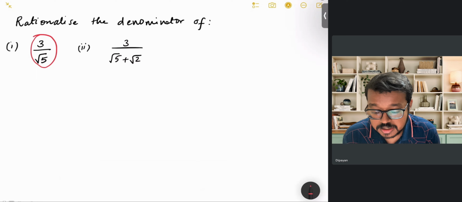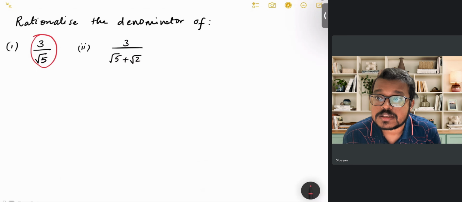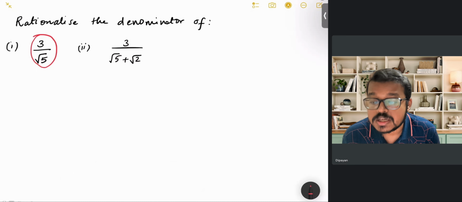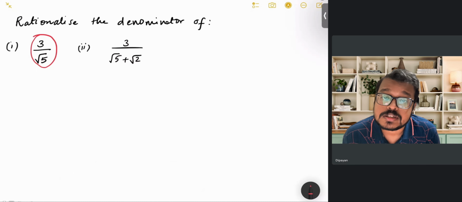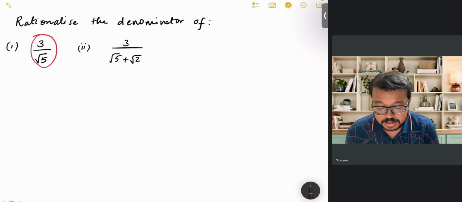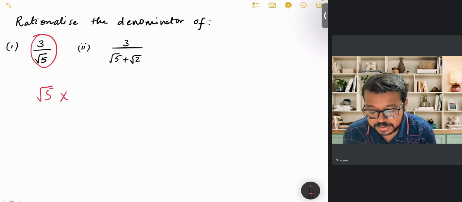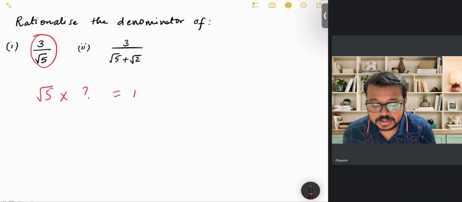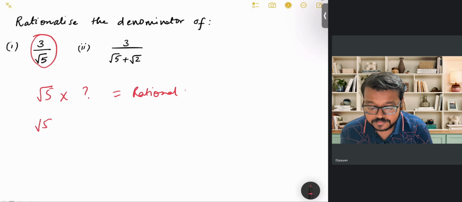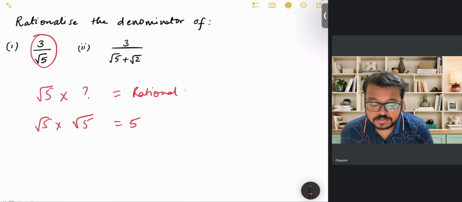denominator is rational. Another important thing that you might have learned is that if we have two irrational numbers, when we multiply two irrational numbers, the result may sometimes be a rational number also. Okay, so for example, think about root 5 multiplied by what number can give me a rational number. A simple number can be root 5 multiplied by root 5 itself, and the result is 5, which we know it is rational. So therefore we say that